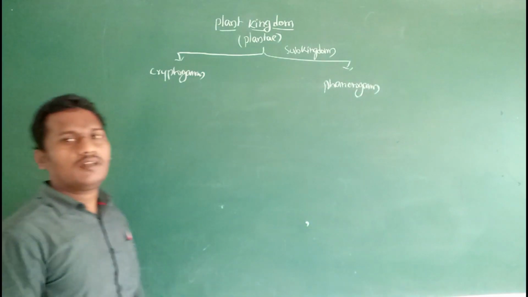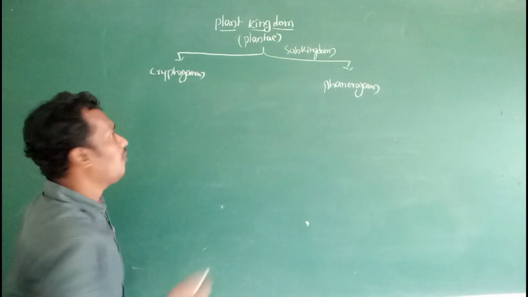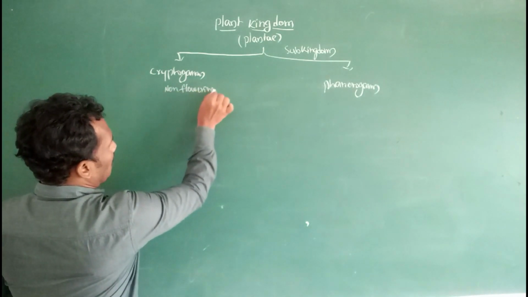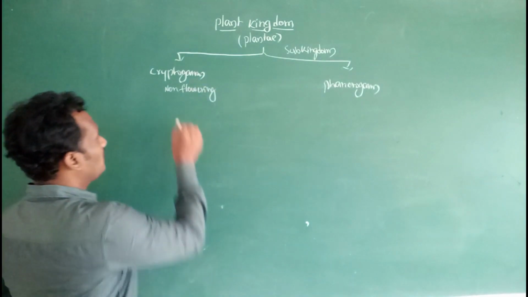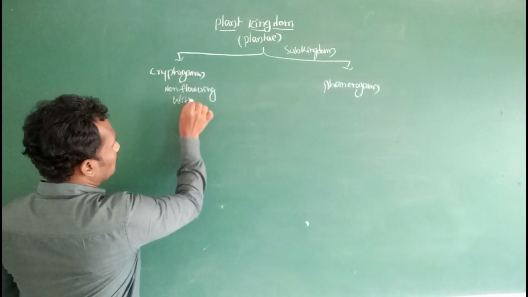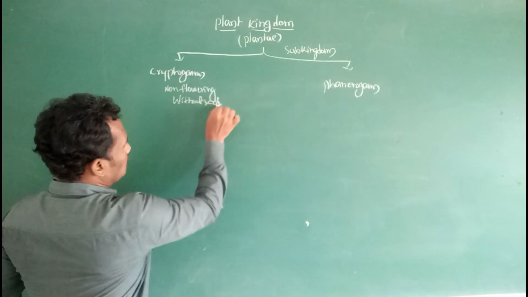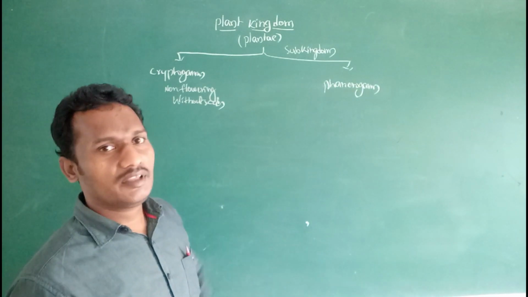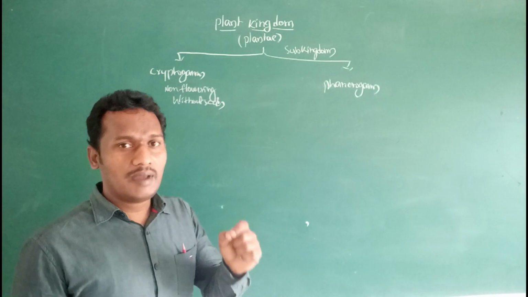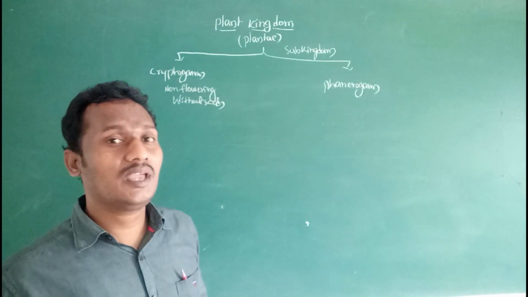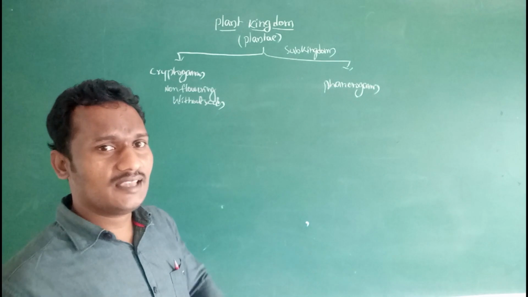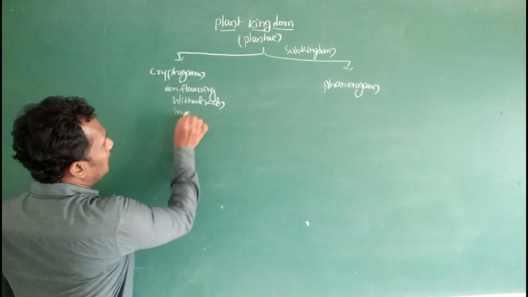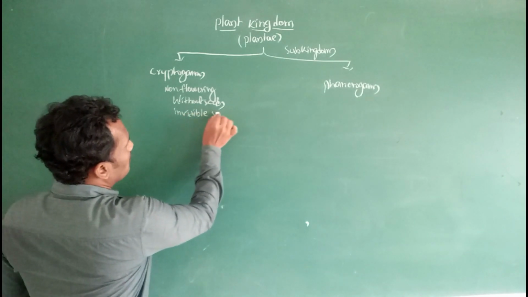Cryptogams are non-flowering plants, so without flowers. Seeds are absent, without seeds. Cryptogams are non-flowering plants, that's why there is no possibility of seeds. These cryptogams are microscopic plants, that means lower organization of plants. That's why sex organs are invisible. Microscopic, then invisible sex